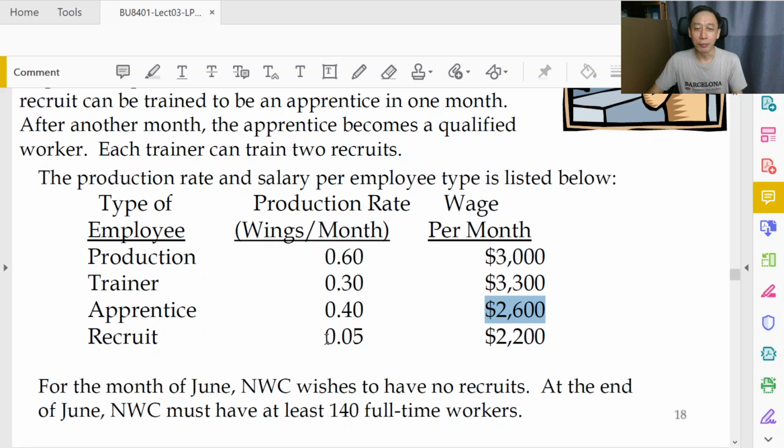And we need to get up to speed on recruits because they contribute 0.05. Maybe they help to carry tools, maybe they buy lunch for the workers and therefore improve productivity of the workers somewhat. So they contribute in that sense, and they are paid a salary. Okay, now